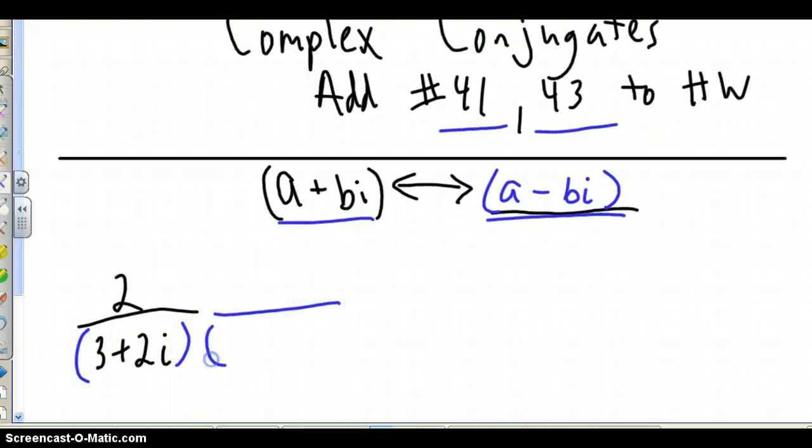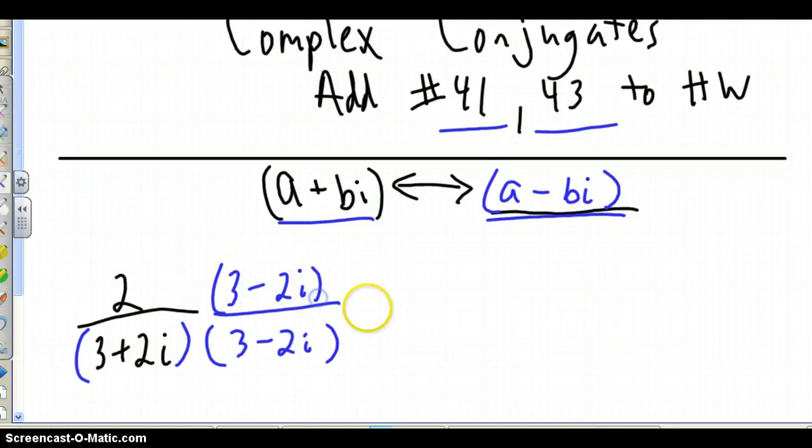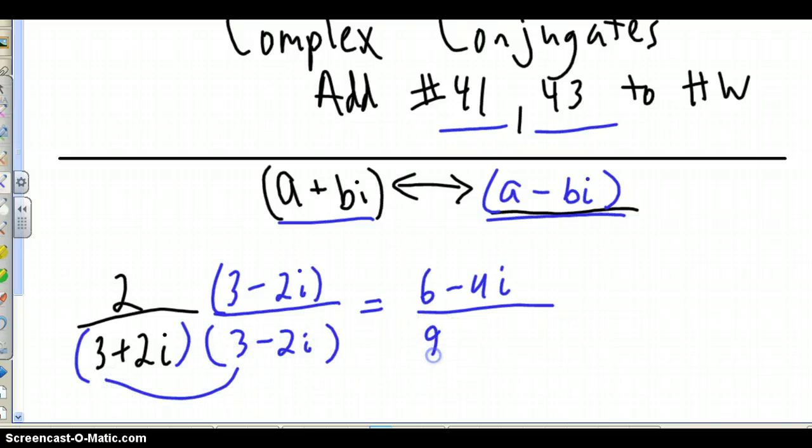If we multiply by the conjugate, see, it's not okay to have I in the denominator. And so we can actually get I out of the denominator by multiplying by the conjugate. So 3 minus 2I instead of 3 plus 2I. So I'm going to multiply by 3 minus 2I. And up top you get 6 minus 4I, if you want to write it that way. Down here you've got first times first is 9. Now inside, outside cancel. So I only have to do first and last here. So I'd say minus 4I squared. I don't know if you're catching on to